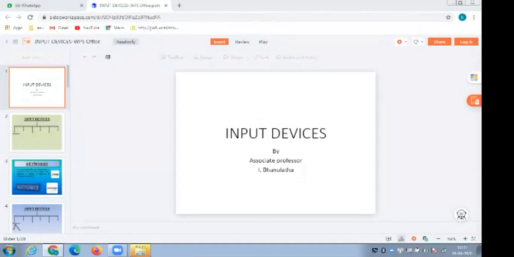Usually we give input in two possible ways. First, the input is text type, and the next is graphics type. The input given in text type is like alphanumericals, alphabets and 0 to 9.